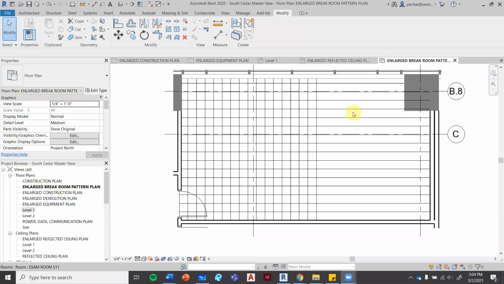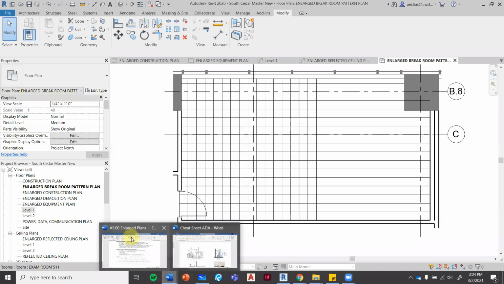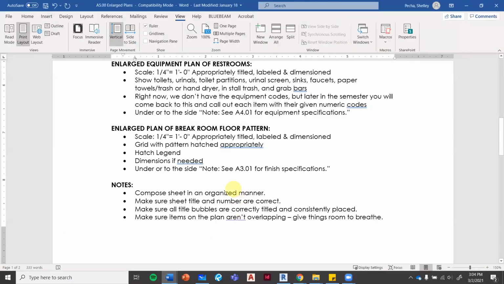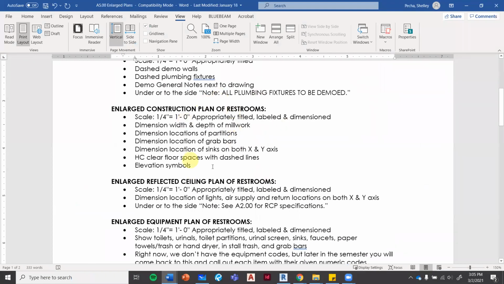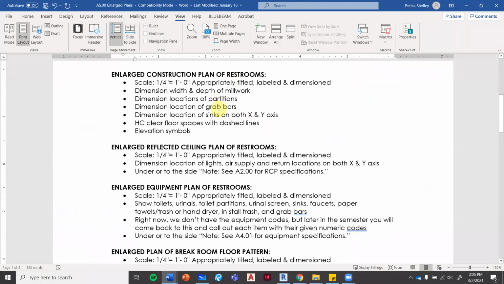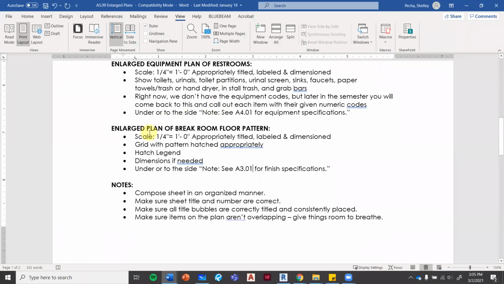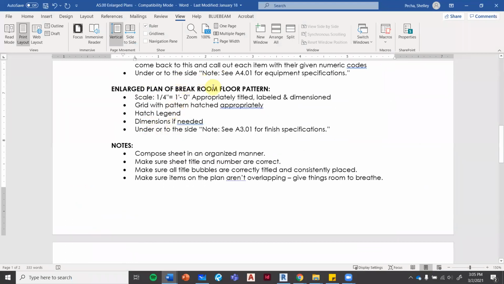All right, good afternoon. Here we are with video number 3 for the break room pattern plan. Second attempt, I might say. So here we are on our handout. We have finished talking about the restrooms, and we're going to talk about the plan for the break room floor